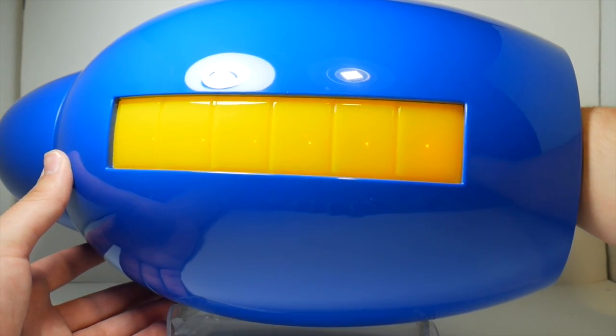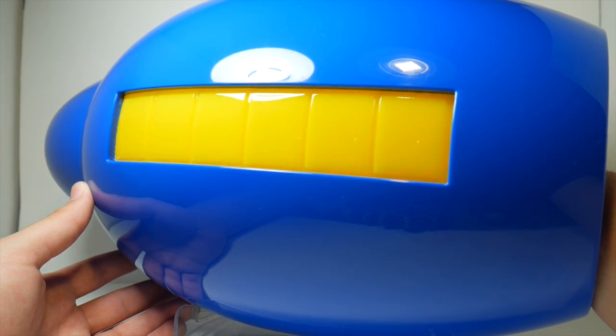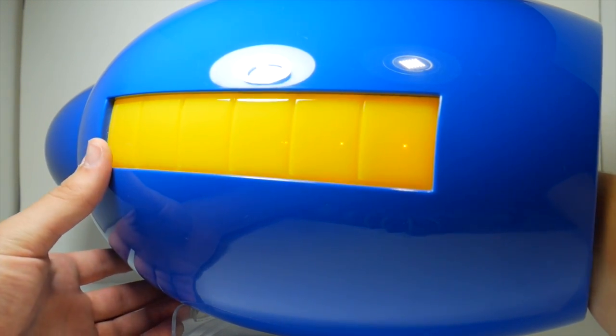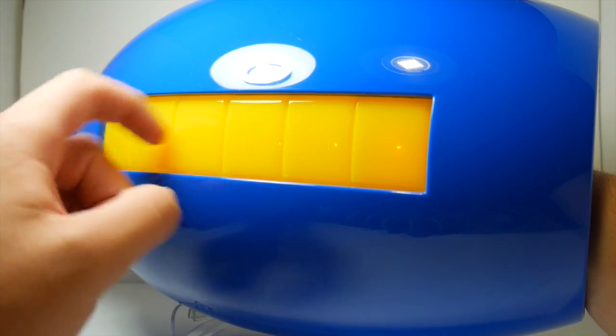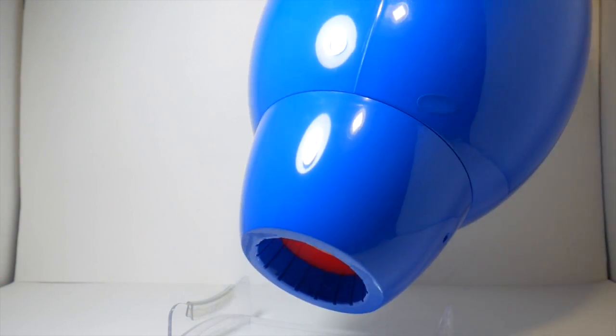Now, one of the also cool features is Mega Man doesn't just have his pellets, he has his charge shot starting in Mega Man 4, so if I hold down the trigger, you can hear the charge up sound and the release from Mega Man. I can hold it down as long as I want. And that will keep going, and the sound of the blast will release. Now, when I hold this down, you can see this fades up and down, and when I release, it turns off and comes back, and the front light, the red light, coming back at this awkward angle here, the front light